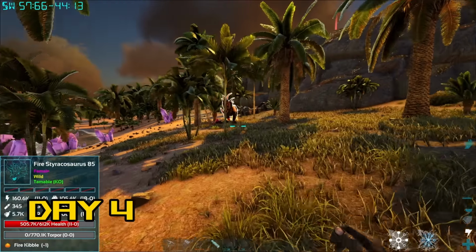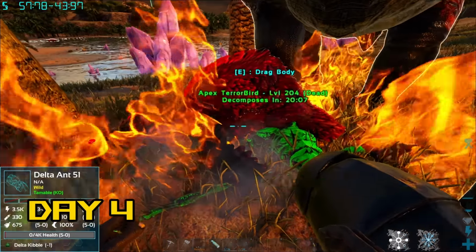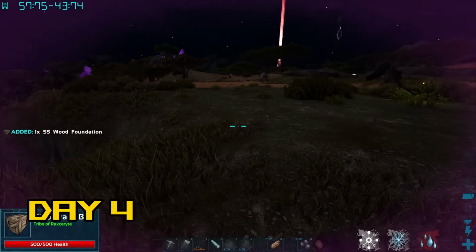When I finally got back to my base near the end of the day, I had some good news. The fire styracosaurus had killed the apex terror bird, and the annoying delta ant that also chose to harass me. I am so done with this area. It's obviously way too violent, so I grabbed my stuff and went on a search for a better place to